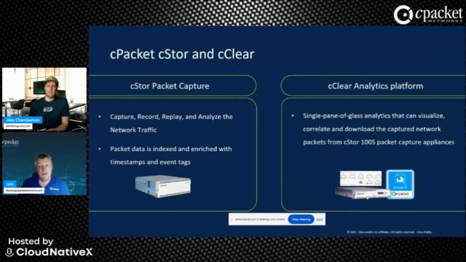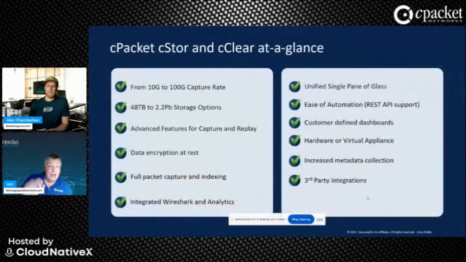So definitely a lot of exciting things on that. A quick look at a glance: we've got cStor on the left, cClear on the right, all the way from 10 gig. I know it seems a bit of an older system, but obviously people are still widely deploying that. So you've got 10 gig all the way to 100 gig, and you can then deploy many of these systems to continue to make that faster and bigger, from 48 terabytes to over 2 petabytes worth of raw capacity. Obviously, then with encryption,